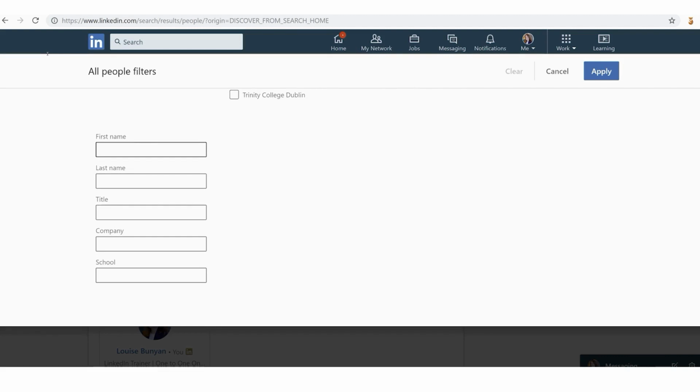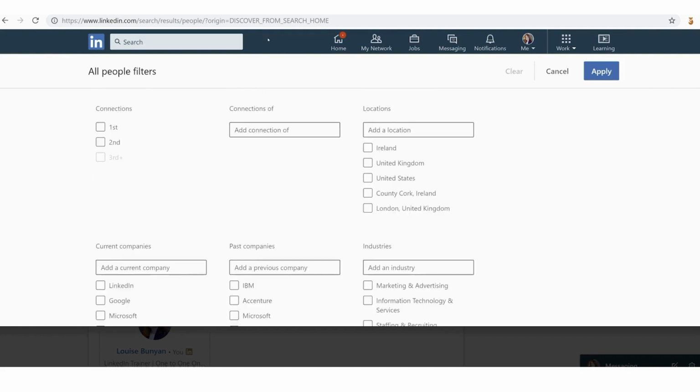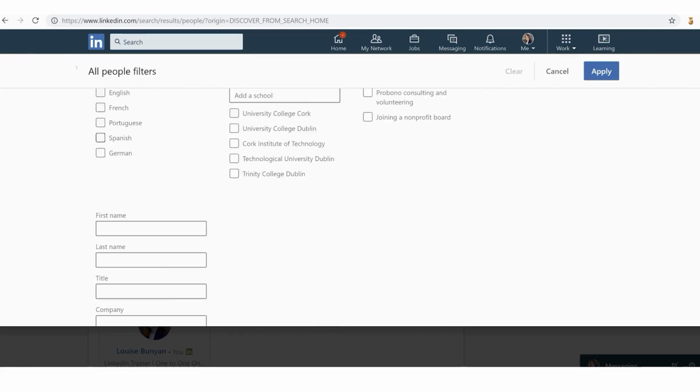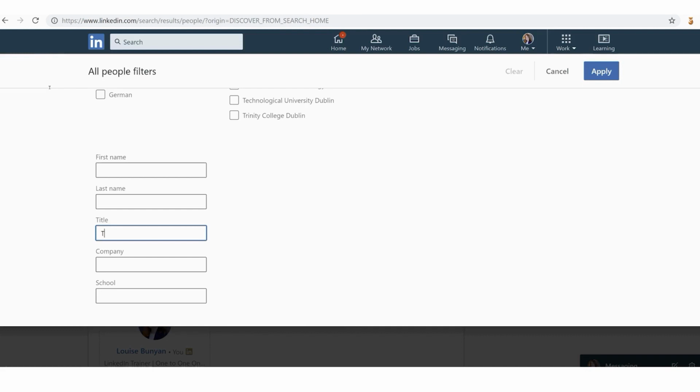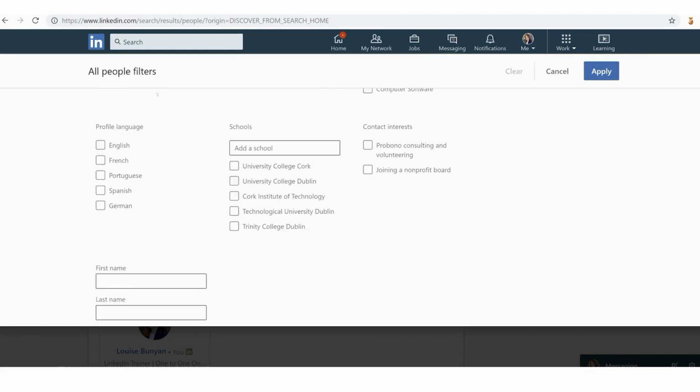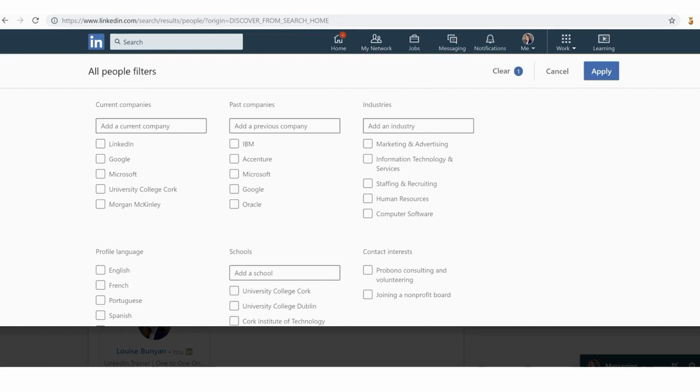But if we scroll down to the end, you have schools, but also at the very end, which are the best boxes if you ask me, your first name, last name, job title, which is really important, company, and then school. And that's free text. You can just write in whatever you want in there. So for example, you're looking for a job at the moment. I'm going to just write in the job title: talent acquisition. It's more relevant nowadays than, let's say, HR if you're looking for a job. And now I'm going to hit apply.